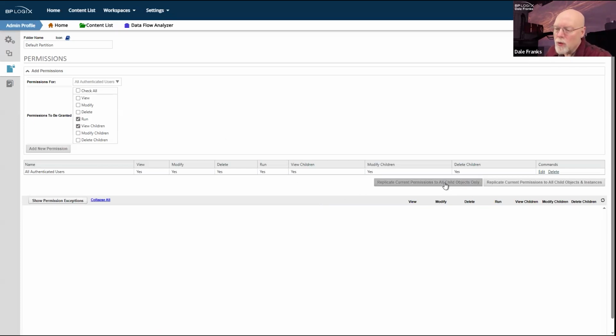So you really do have to be careful about replicating current permissions like that, because you'll overwrite those existing permissions if you already have a permission set up that has some more open permissions for some user groups. So if you've got an existing system, you've got to be super careful about replicating current permissions. But moving on, those are the two best permissions.